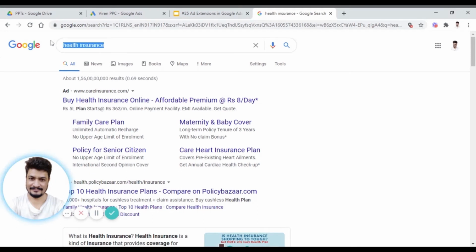Let's say I search for health insurance. I might click here and open this in a new window. Then I click again here. If I hold my control key and click on this headline, and then I can click on the site link as well, Google is going to charge this twice. This is the maximum number of times Google will charge for one impression. So on one impression, it will be charged twice. But generally people don't do that. They will click on your ad and then go to your website. There's no way they can click twice on your ad. Only some smart users can click twice.